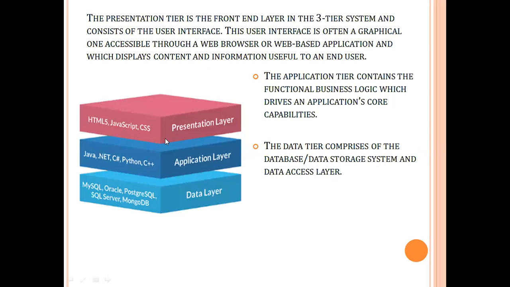Now in detail, if you see, in three-tier architecture there are different layers: front end, middle tier, back end. Front end is also called as presentation layer. This layer is nothing but an interface through which we will request for the data. This front end is designed using HTML, JavaScript, CSS. Most probably this front end will be a static page. So we are using HTML to design it.